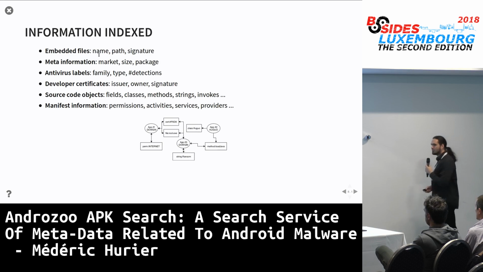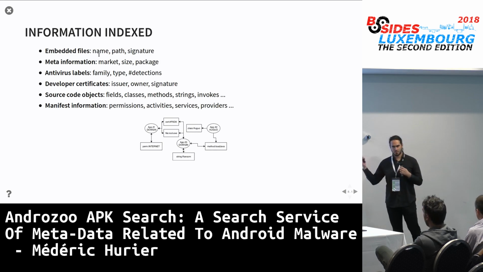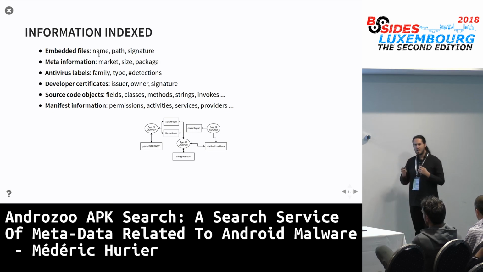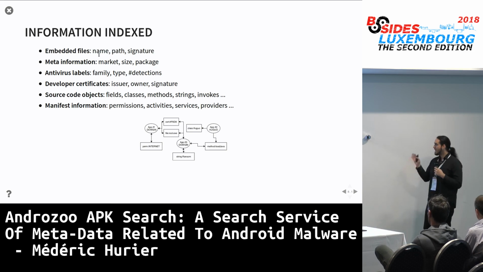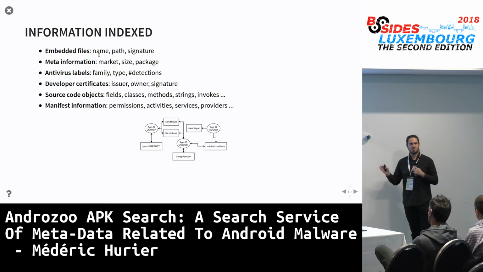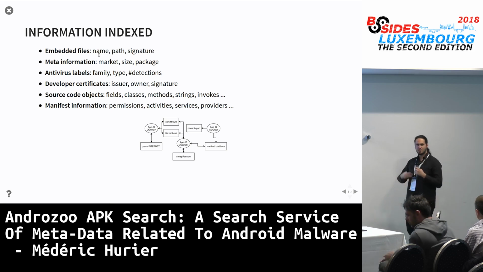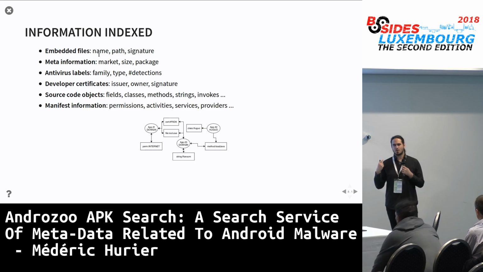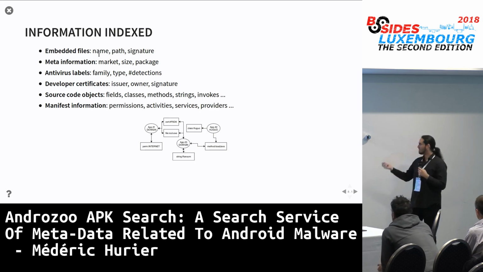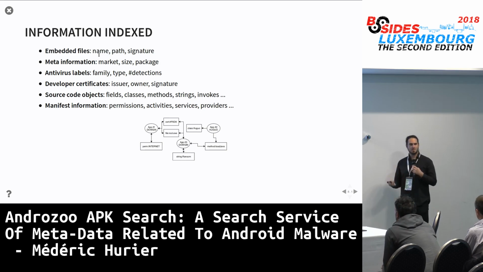I list here some information that we are currently indexing, so the metadata. For those who don't know Android, I'll try to explain. An Android application is just a zip file. It's an APK file, just a zip, with a bit of Java metadata. So it contains files, which can be images or shell scripts, and we get information like the name, path, and signature of these files.